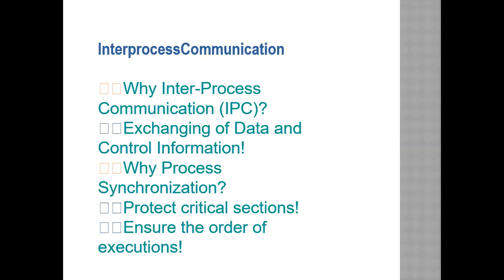What algorithms are available for us to understand the synchronization process and its features? They provide critical sections. We'll see what is meant by a critical section when you go for synchronization of events, and then ensure the order of the executions. We'll think about the order of execution, how a critical section will be solved, how it is going to be executed, and how we ensure that the outcome is smooth and successful for all the events assigned to the process.